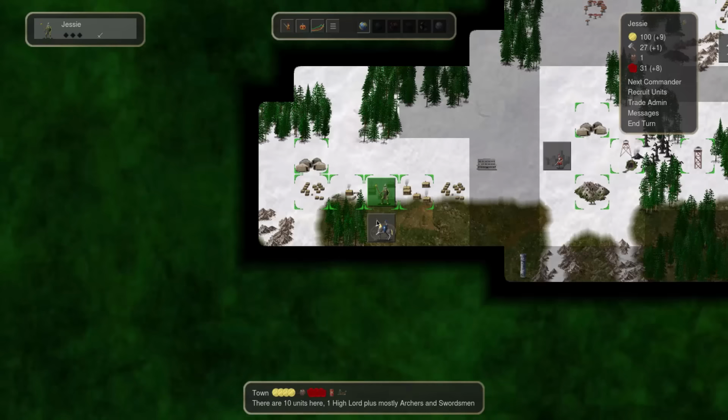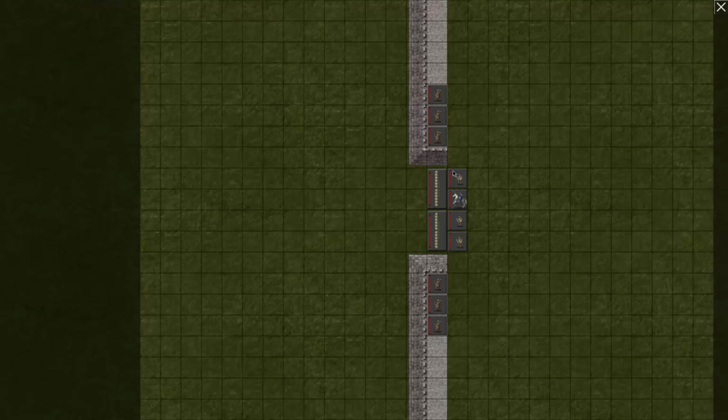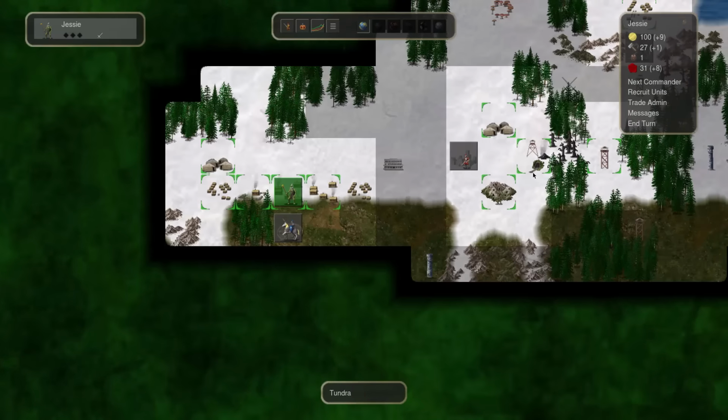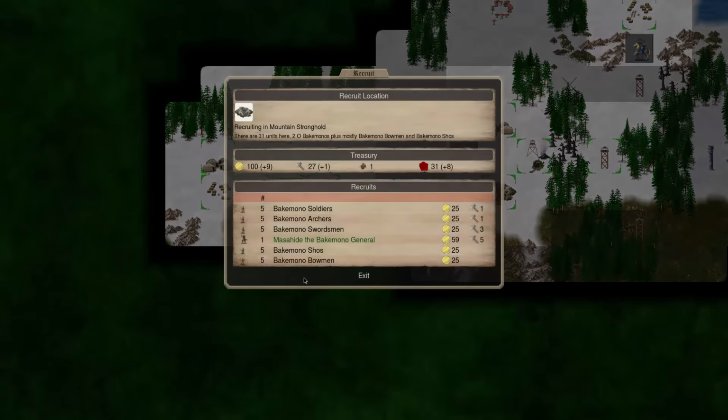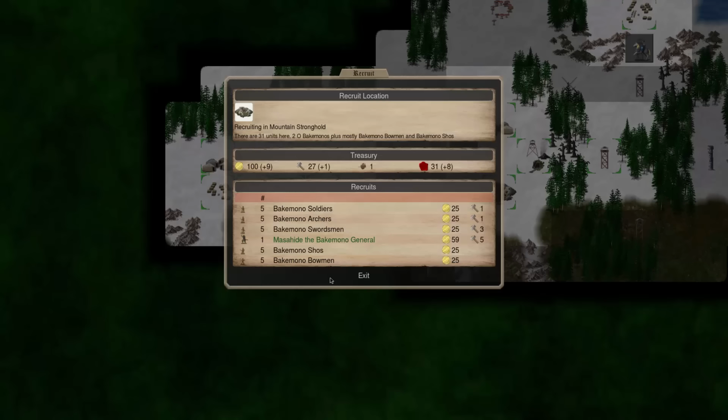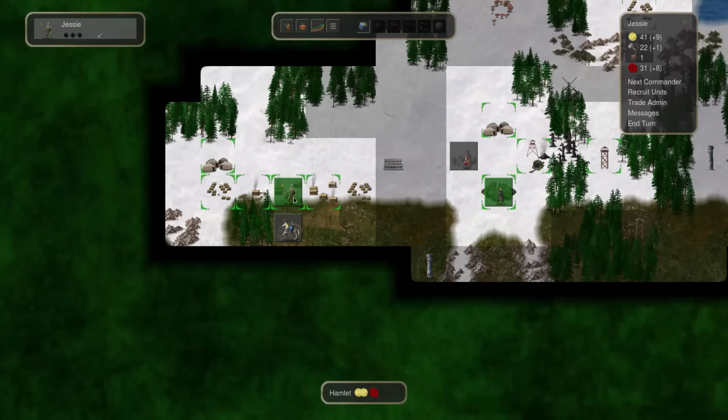Okay, now we've got 23 units, and I think we can take this. That's what I think. Let's recruit some units. What do we got here that can kind of be a general? Another one of these guys. I think that would be nice to get, in case my current one dies. And we're going to...